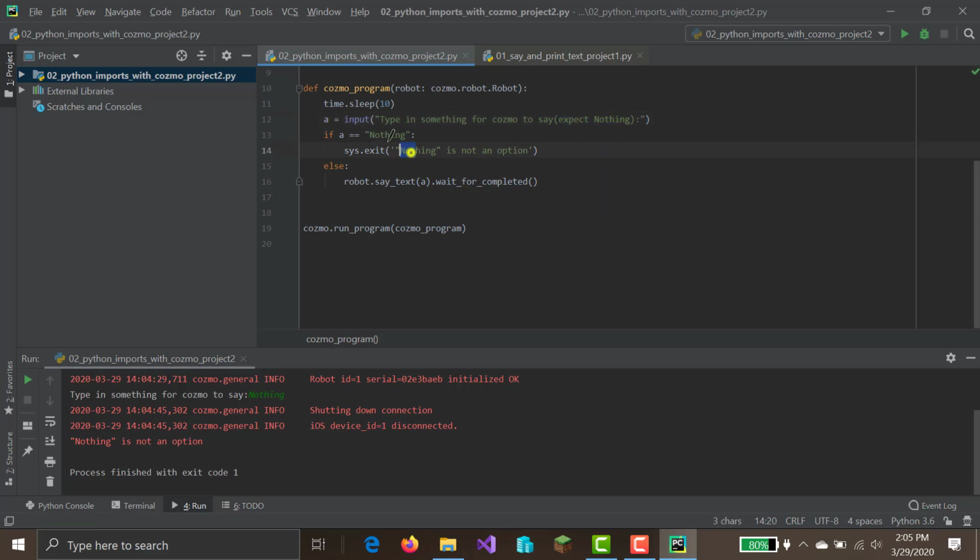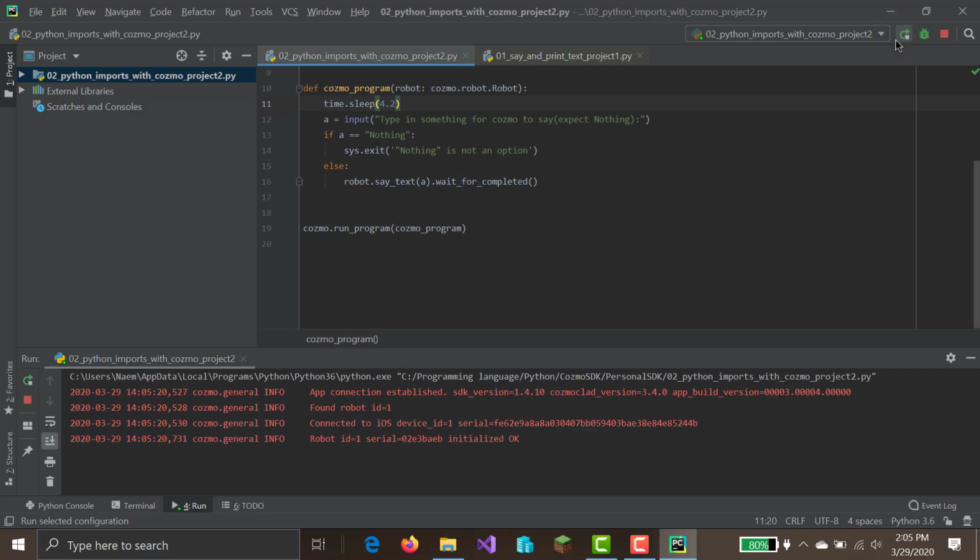And this timer is too long. Let's do it to 4.2. Yeah, 4.2 is reasonable. So if we type this in, after 4.2 seconds it should ask us for something for Cozmo to say, accept nothing. So we could say